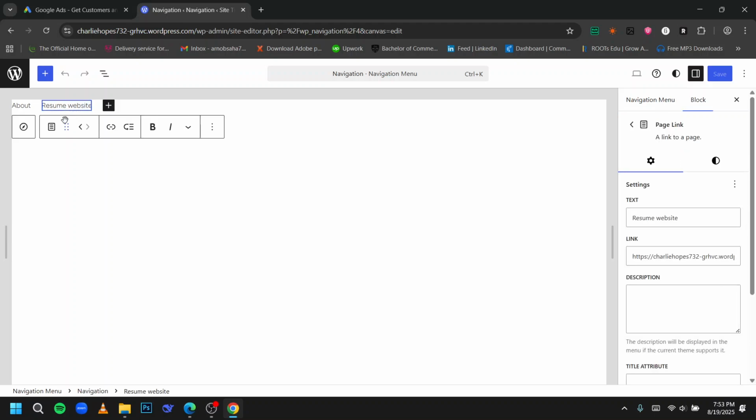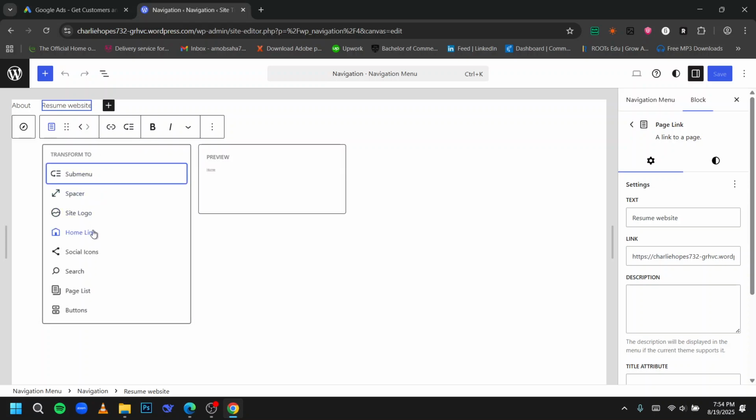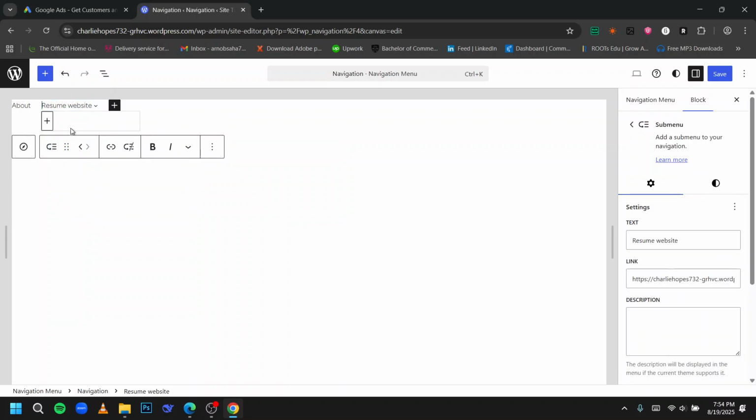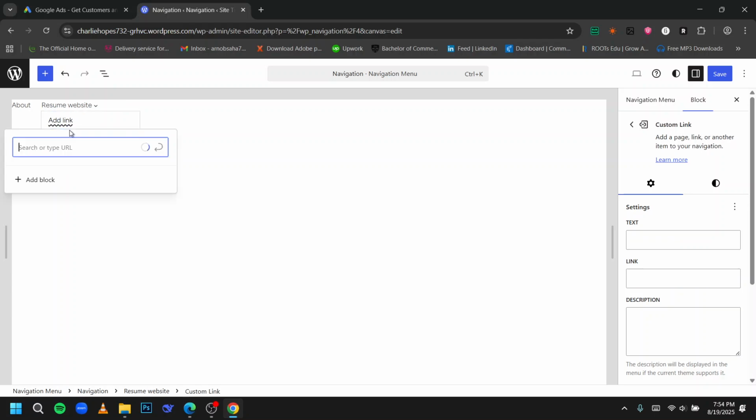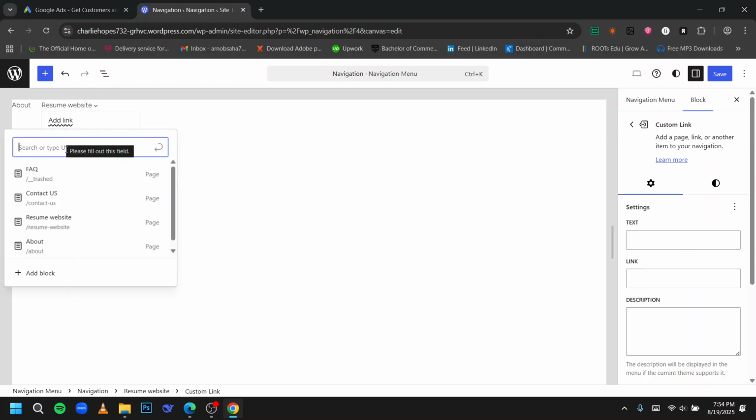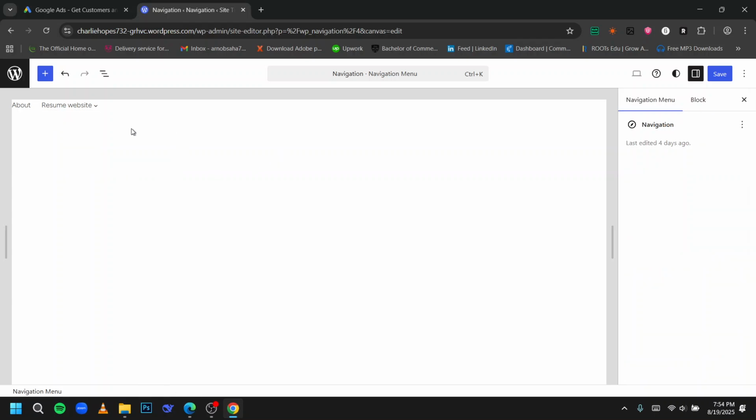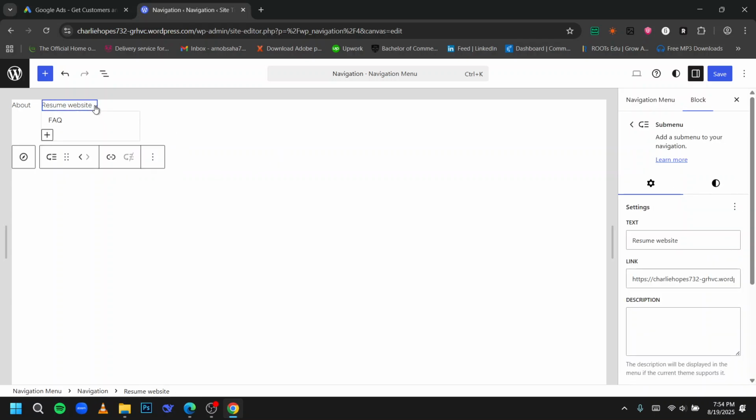Simply choose this, then you have to just simply choose this icon from here and resume website, and here you have to just simply click on the sub menu option, and once you click on the sub menu option, here you can see that the drop down arrow is already showing here. Now you can just simply add the text that you would like to add. So let's say I'd like to add a plus icon here, and here you can see just simply add a link,